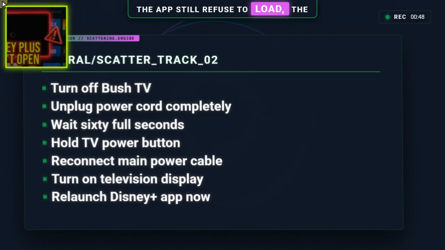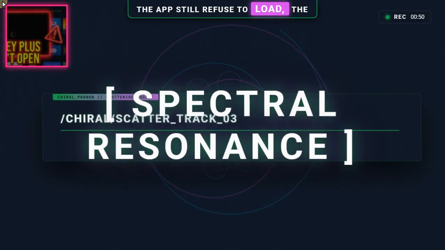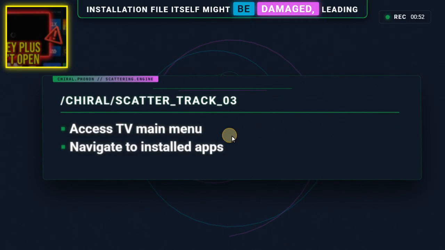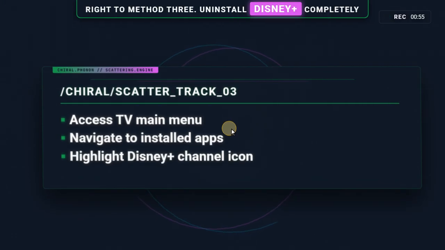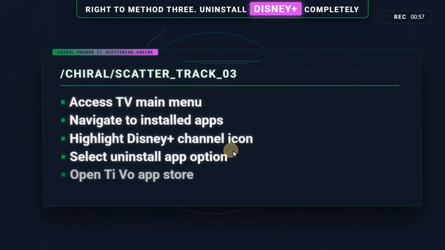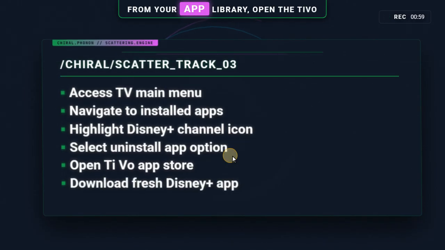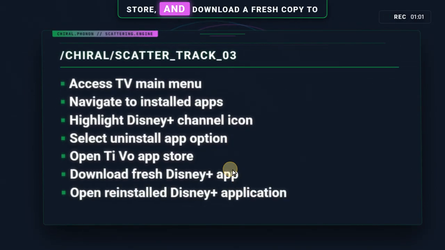Should the app still refuse to load, the installation file itself might be damaged, leading right to method 3. Uninstall Disney+ completely from your app library, open the TiVo store and download a fresh copy to rebuild all